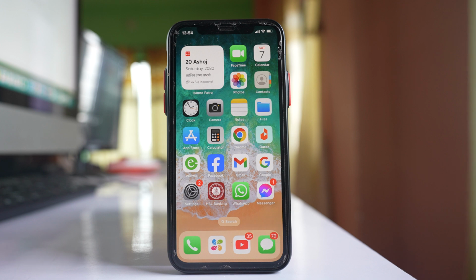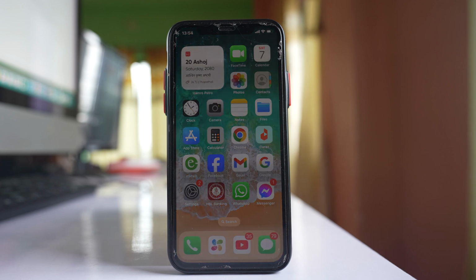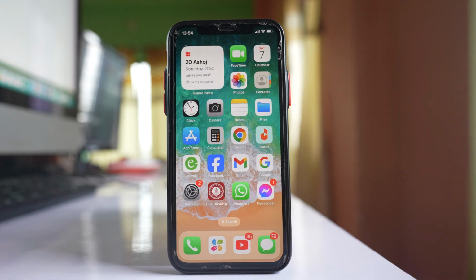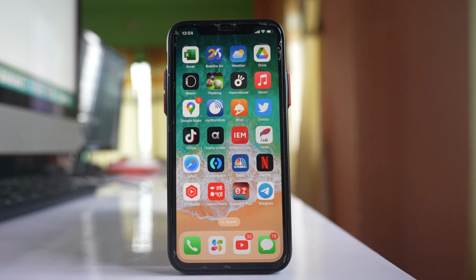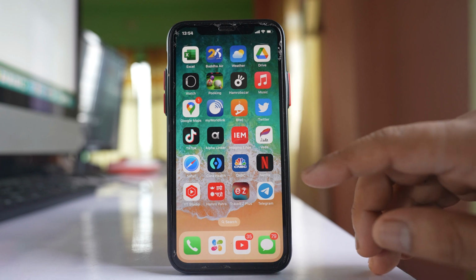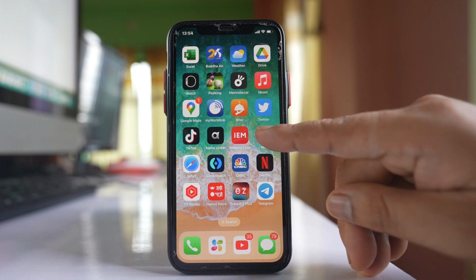In this video today, we will see how to create a folder on iPhone and what will be the use of those folders. Now the first use of the folder is you can create a folder in order to organize the applications. For example, if you want to put two applications together, then what you can do is you can tap and hold the application at first